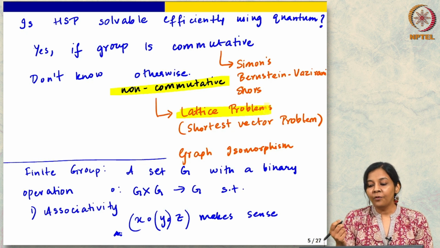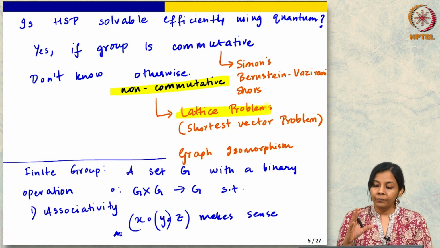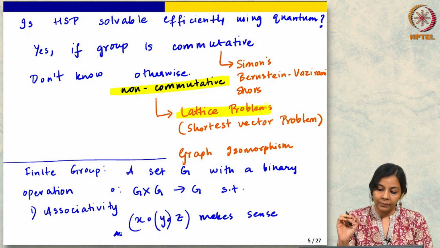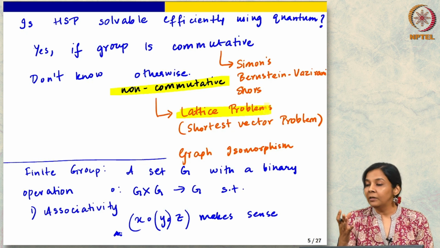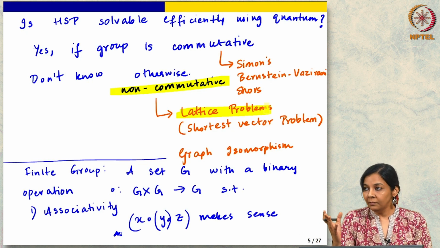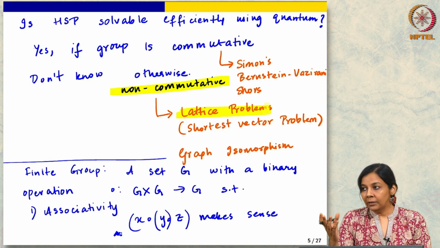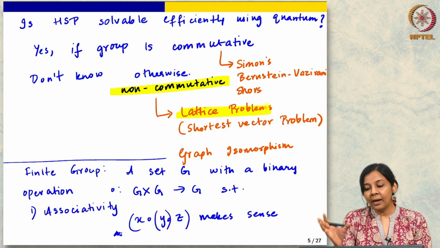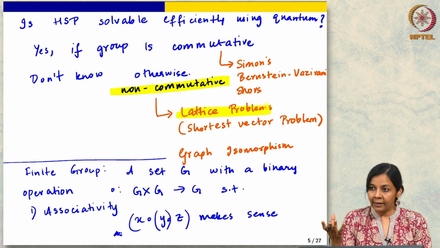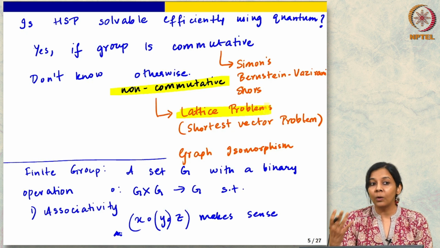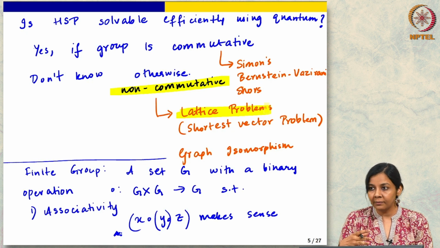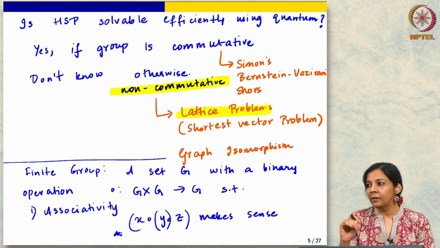Apart from the fact, or the conjecture rather, that lattice problems withstand quantum attacks, there is another very good reason to look at lattices for cryptography. Well, there are multiple. Let me tell you a couple of them. One of them is that the hardness that lattice problems give you is of a better kind. You get worst case hardness rather than average case hardness. We will talk about this a little bit.